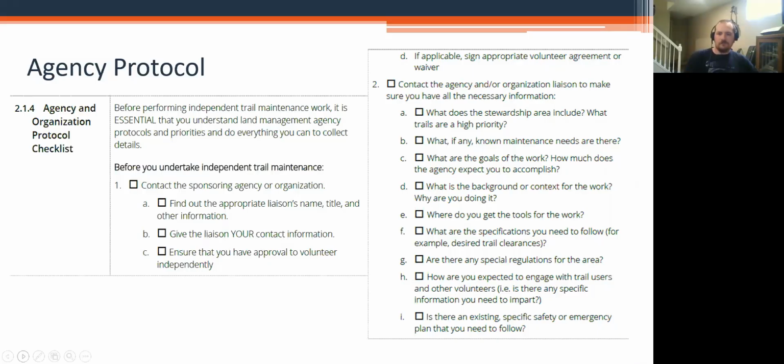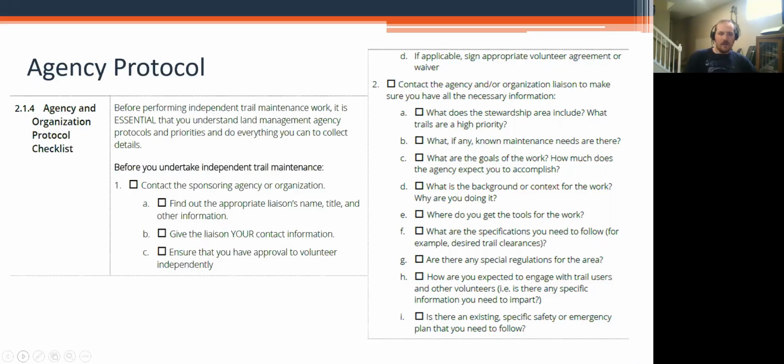And I think that's just it. Again, it's a key part of gaining comfort from those sponsors, of empowering people to go out on their own, that they're doing it in a way that the agency is going to be comfortable with and amenable to.